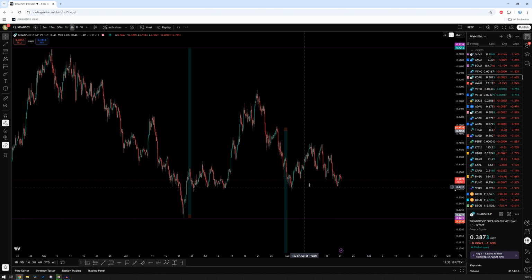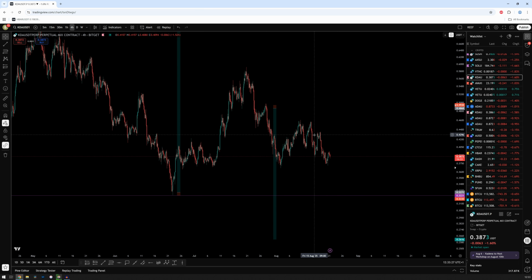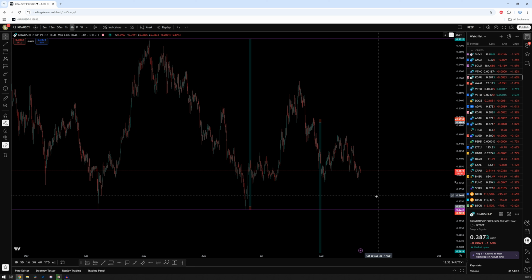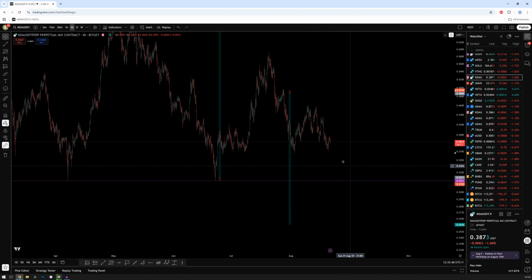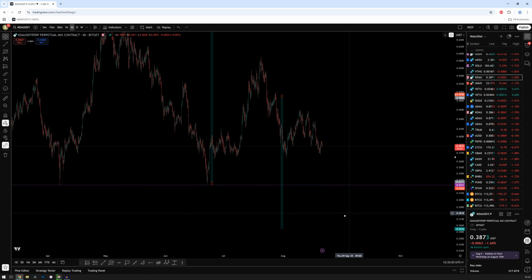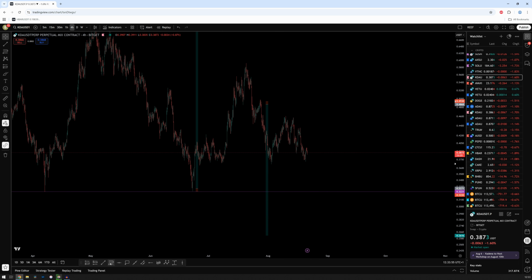It's not the best entry. However, we are quite a bit away from my entry point. So I'm willing to hold this, there's a very good chance that it's going to come back down all the way to the 32-cent mark, and then I will be taking this long entry here, depending on what Bitcoin is doing. If Bitcoin is in a rapid free fall, altcoins are just going to get decimated, but hopefully my entry from here will hold, and this could then turn out to be a much bigger free fall on KDA,